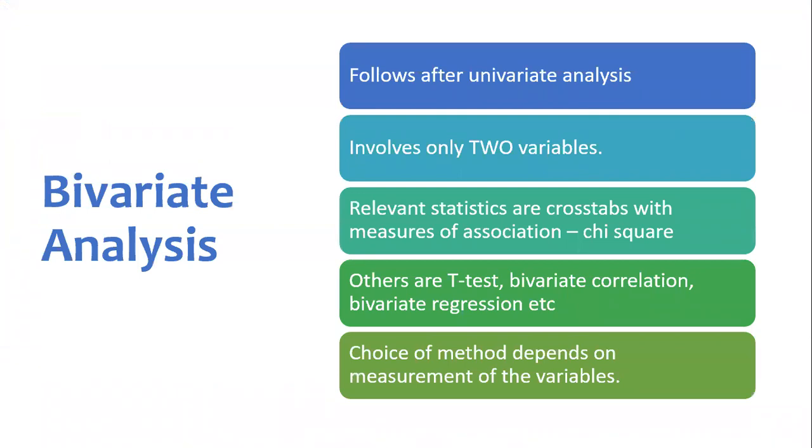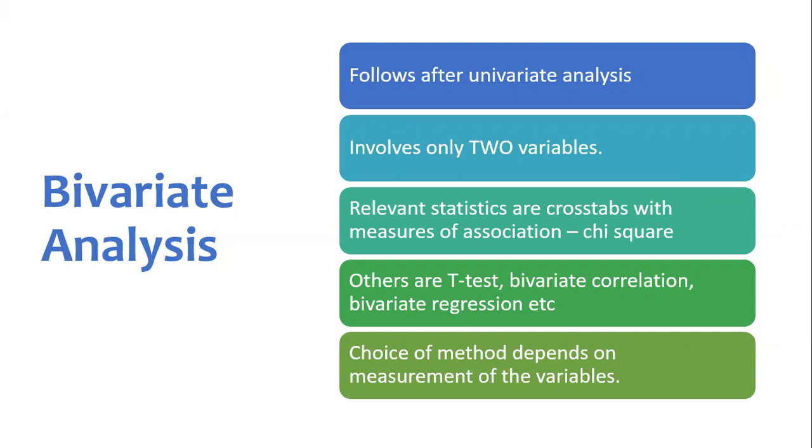When you hear about bi, bivariate analysis actually involves two variables, just two variables. An example of them is a cross tabulation. And the popular way of testing an association in a cross tabulation is to do a chi-square. Also, between two variables, you can do a t-test if they are two continuous variables. If there are two categorical variables,